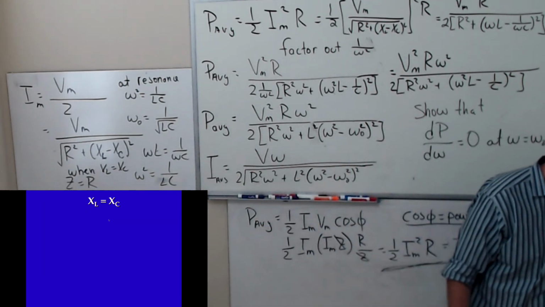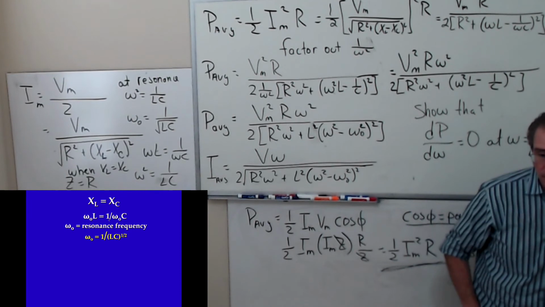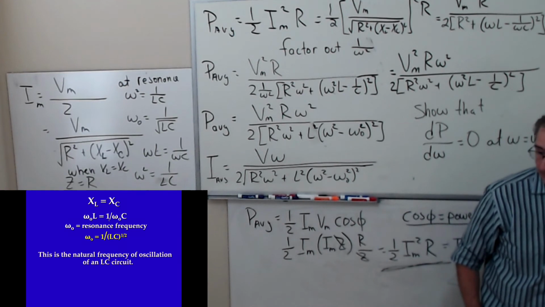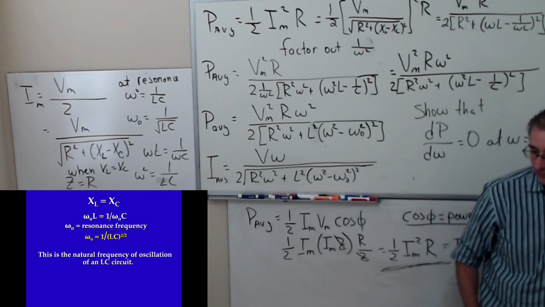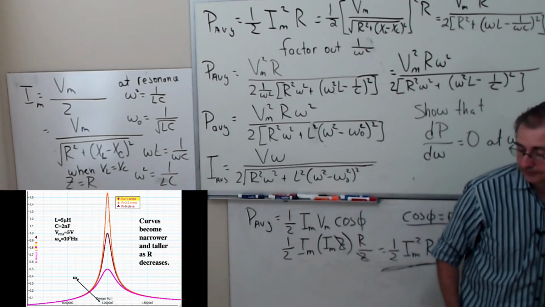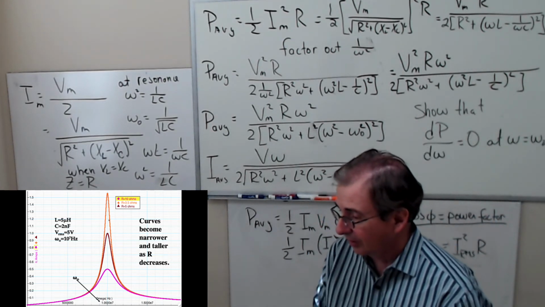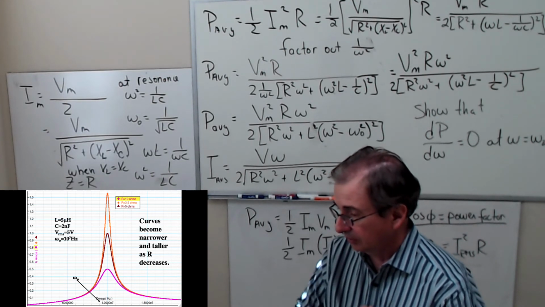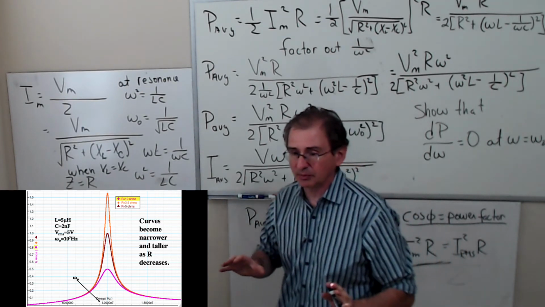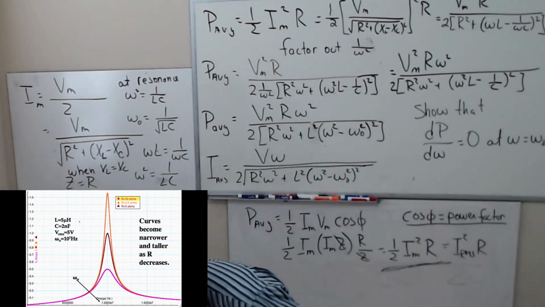Okay. So let's look at resonance. Like I said, the resonant frequency is 1 over the square root of LC, and we saw this when we talked about the LC circuit in lab. Now, what if you plot current as a function of omega? You don't have to plot current as a function of omega. You can always plot current as a function of frequency. In my graph here, I plotted current as a function of omega.